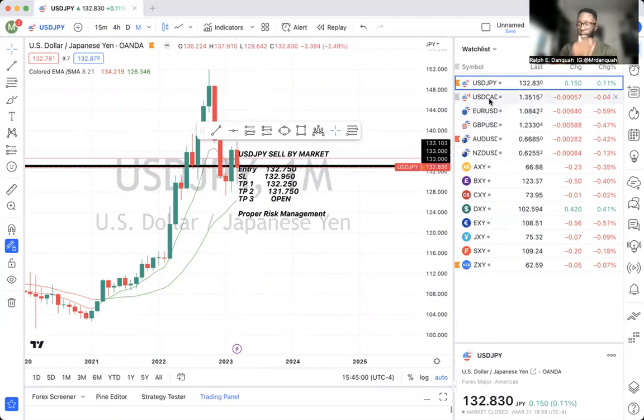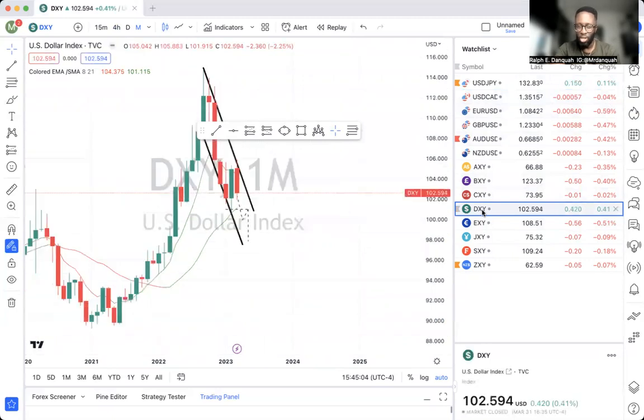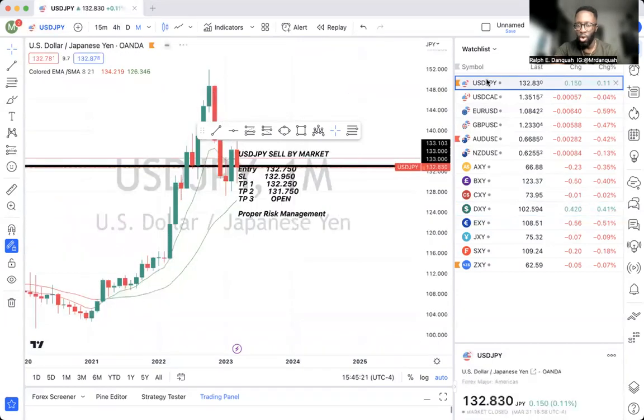I'm still looking for a bullish or a bearish trend because the dollar is weak. Okay, the dollar is weak, and I believe it's going to continue to be weak. As you can see, it rejected off of this trend line right here of the monthly, right? So the dollar is going to continue to be weak. And I trade New York session, right? So if you trade New York session, you have a good outcome or a good